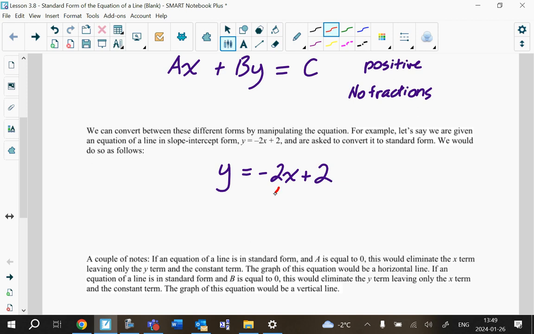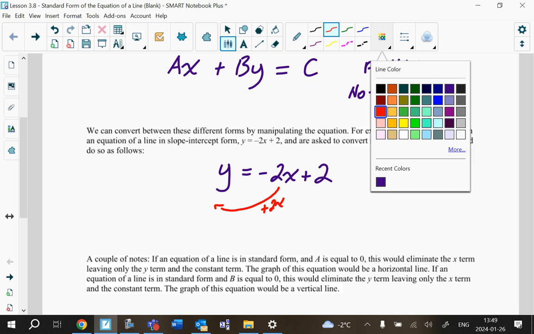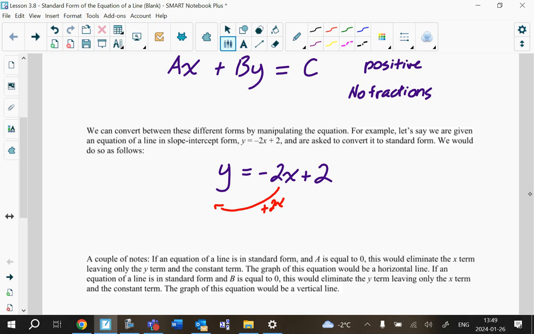How do you get rid of minus 2x? Add 2x. So that means we're going to add 2x over to that side. What does the equation look like after you add it? Well, write the x term first. What do we get? 2x. What else is there? Plus y equals